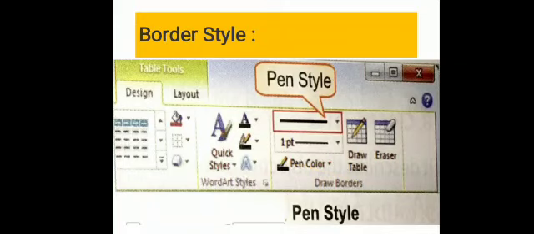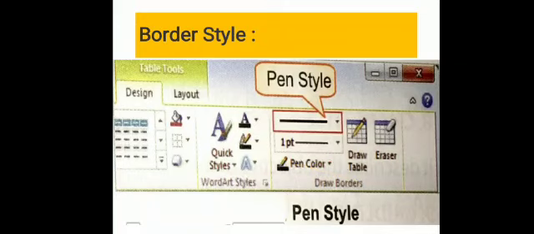Now one thing you might have noticed while entering the cell. When you click on the first cell, the cursor will appear on the top. So the position of the text that we are entering in table is called alignment.